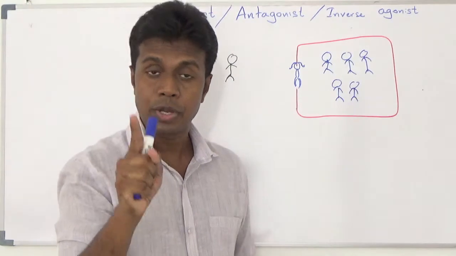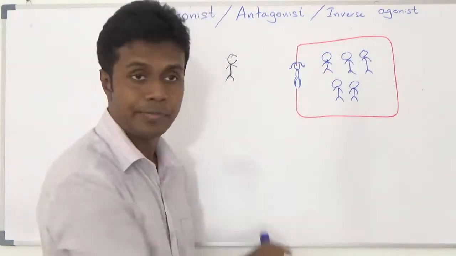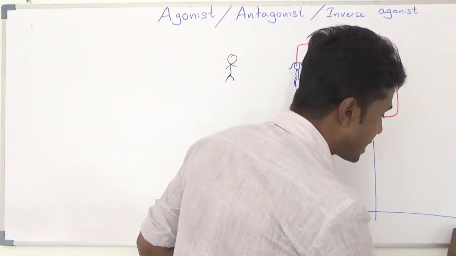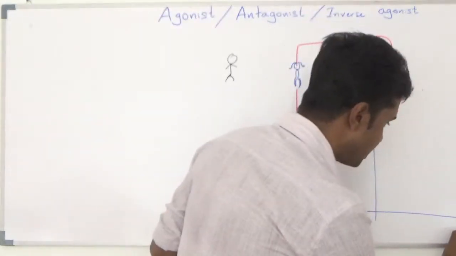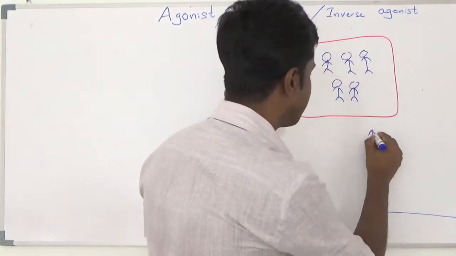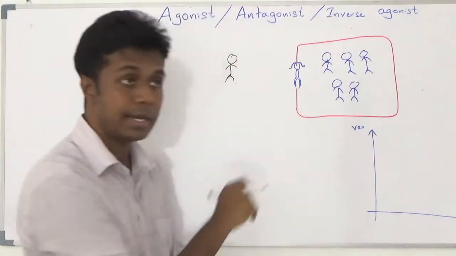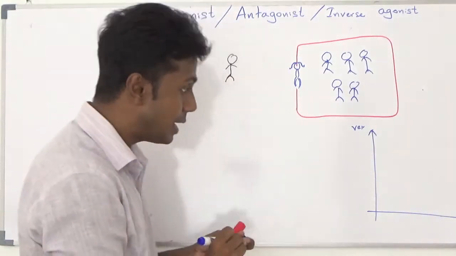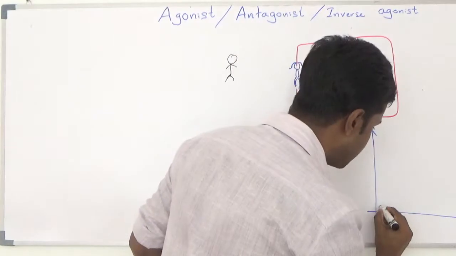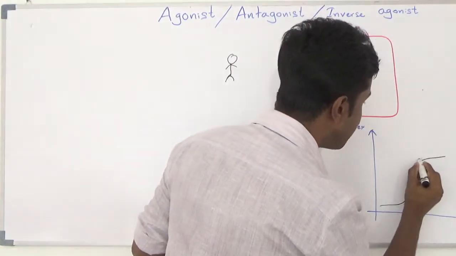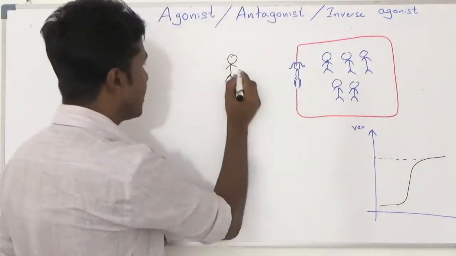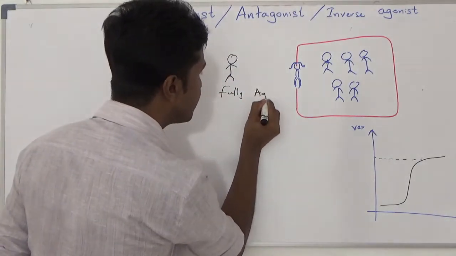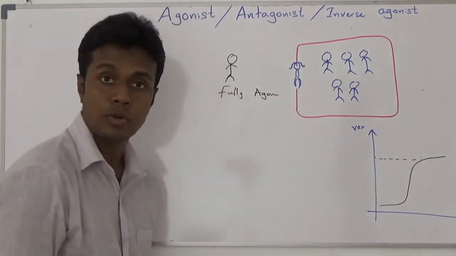If I draw a dose response curve for this action, it will be like this. For this axis, now you know, log dose. For this axis, response. Truly speaking, percentage of population of response. The curve will be like this, sigmoid shape. Here is the maximum effect. This one acts in a fully agonist manner. They produce 5 children here.